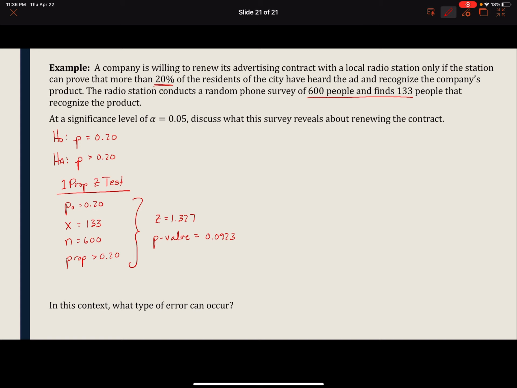So our p-value is above the significance level of 0.05. So we would say, since the p-value is above 0.05, we fail to reject the null hypothesis